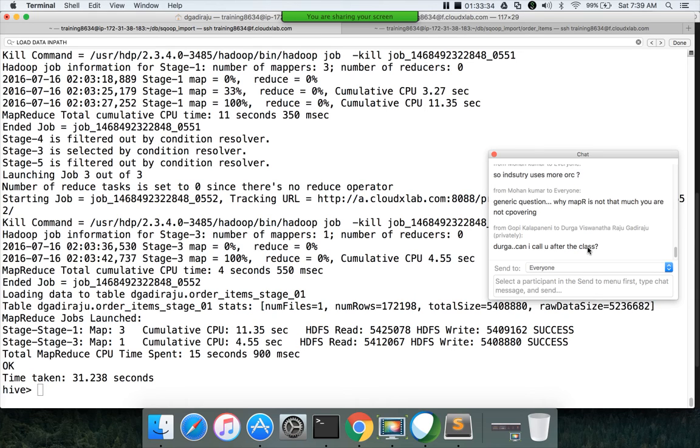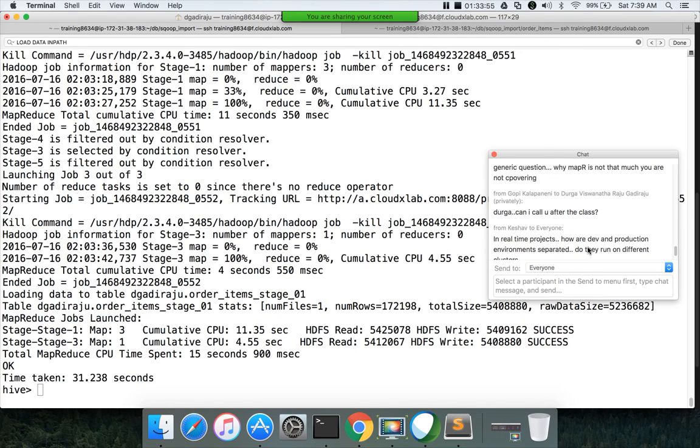Okay, the only thing that is different between MapR and Cloudera or Hortonworks is that MapR uses its own file system, whereas Cloudera and Hortonworks use the Hadoop Distributed File System. MapR uses a file system which is developed using C, whereas HDFS is developed using Java. That's the only difference. Rest of the stuff is the same.